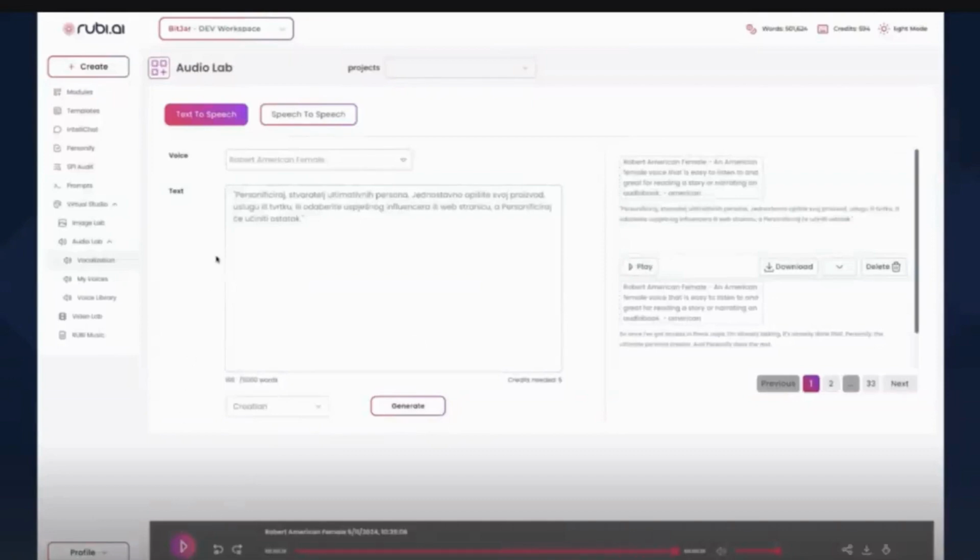And in speech to speech, by the way, whatever language you're speaking is the language that it's going to push in there. So if you're speaking in English, it's going to come back in English. You speak in Croatian, it's going to come back in Croatian. So these are the ways that you can utilize this. It's definitely important to understand that